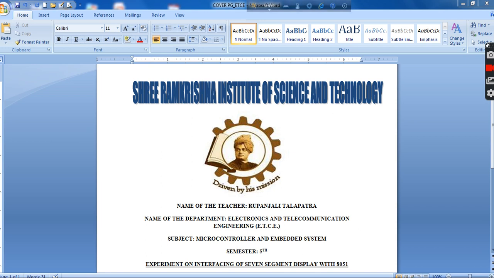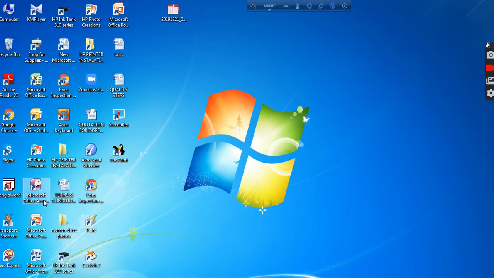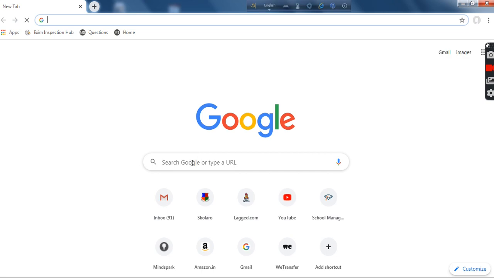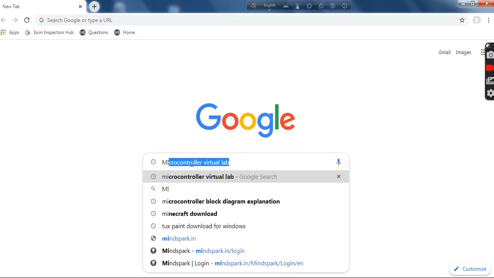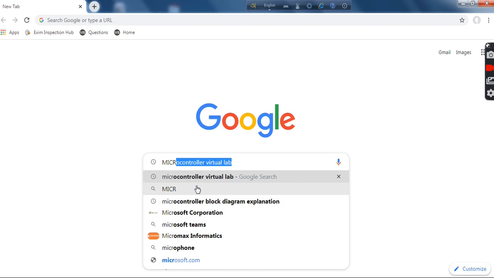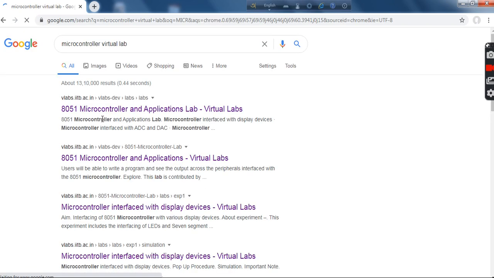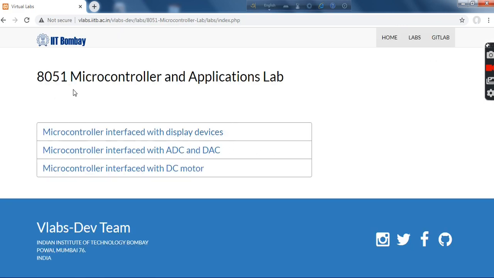Today we are going to show the virtual lab of interfacing of a 7-segment display with 8051. What we are going to do, we are going to open Google Chrome. After that, opening this tab, we are going to write microcontroller virtual lab. Then we are going to click the first one, and here are some of the experiments. This page is created by IIT Bombay, and now we are going to select the first programming, that is microcontroller